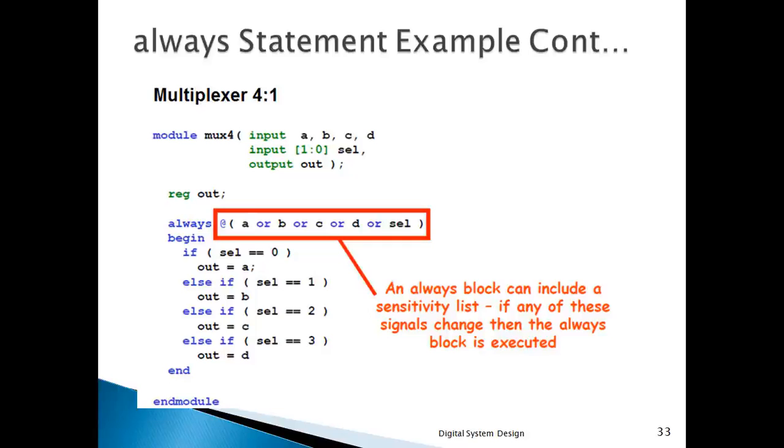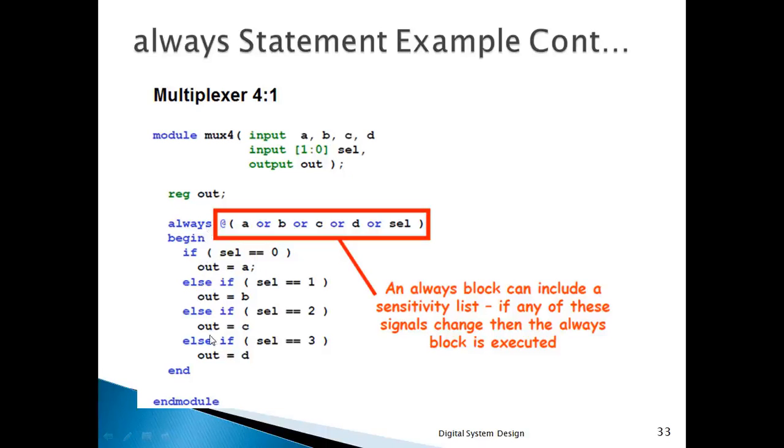Now here some explanation is given. This sensitivity list includes all the variables. If any of the variables in the sensitivity list is changed, then all of the always block will be executed. Let's see. If initially a is 0